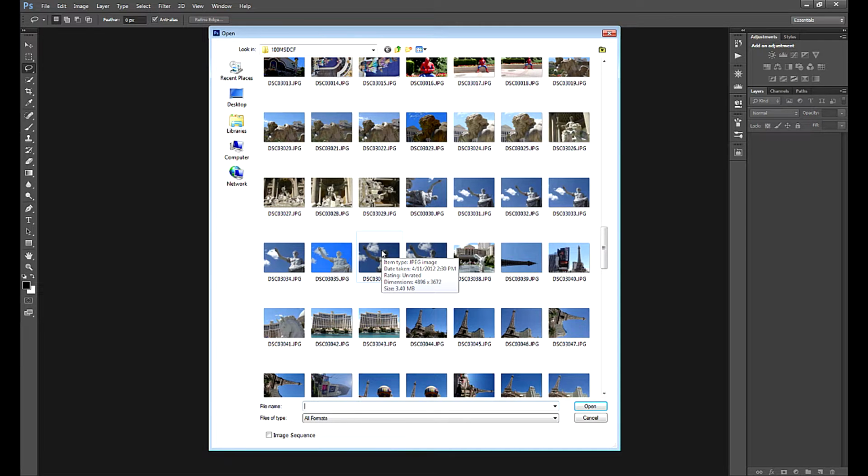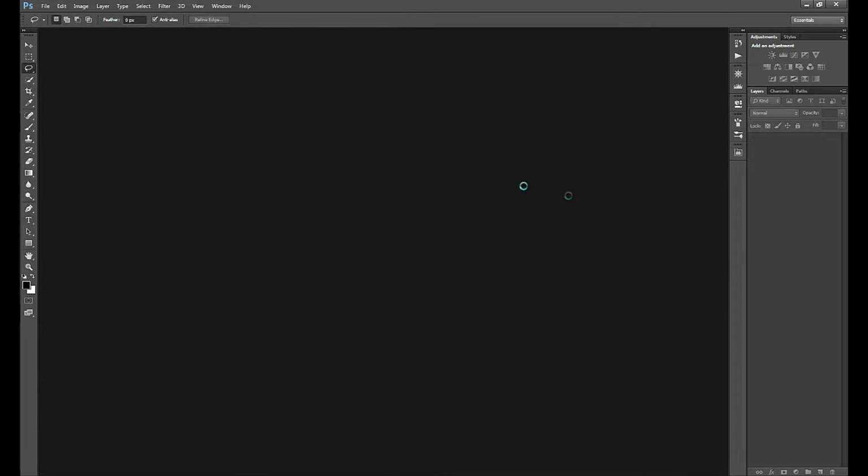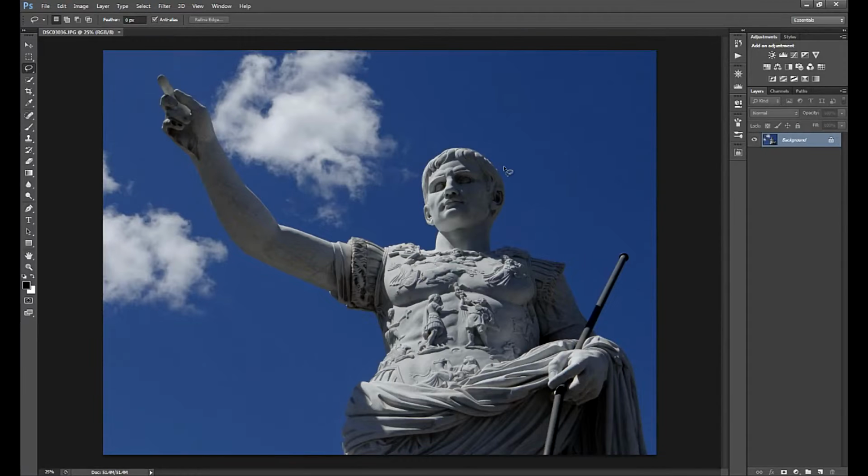So last year I was in Vegas. They say what happens in Vegas stays in Vegas, but not if you take pictures, because if you take pictures you can share them with everybody. And I've got some pictures here that I took, and we're going to use these to do some zooming and